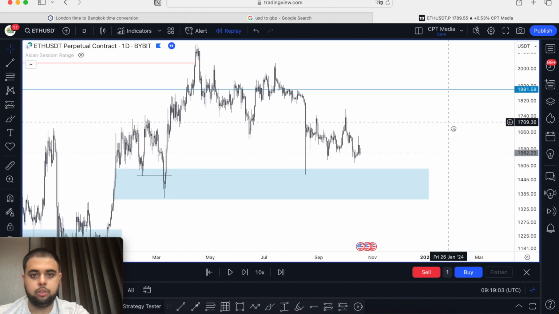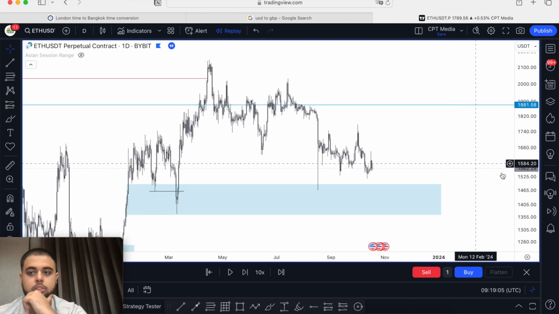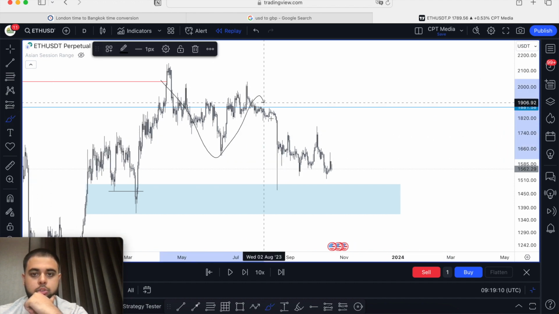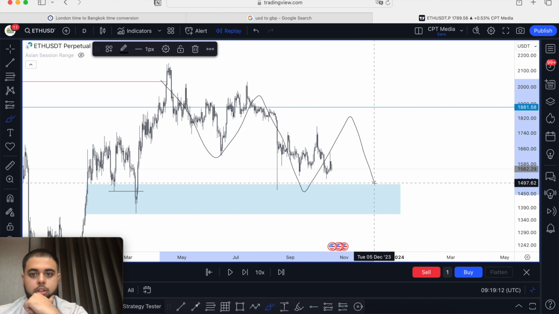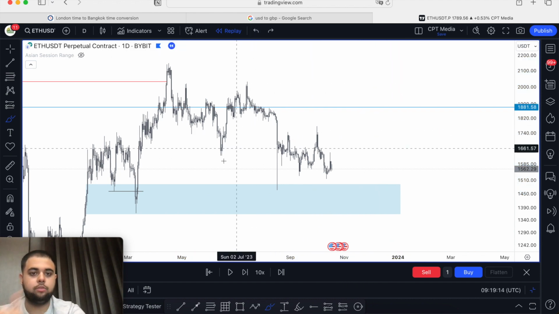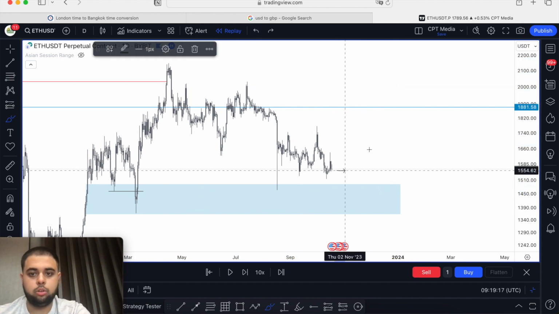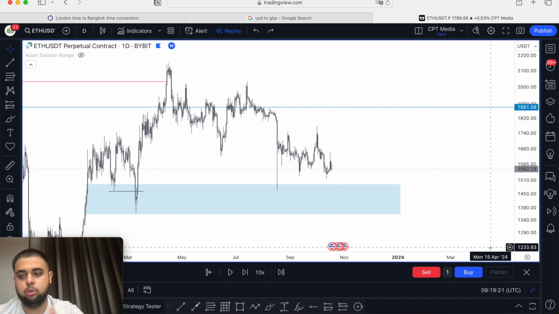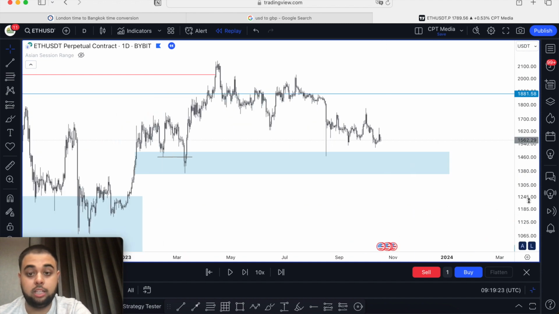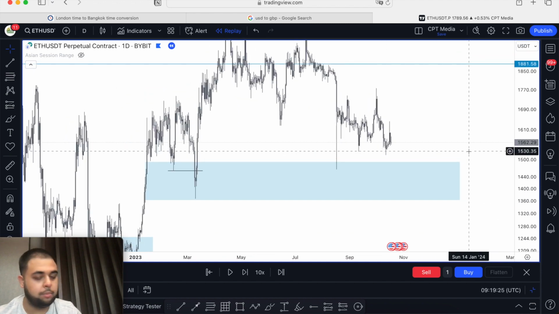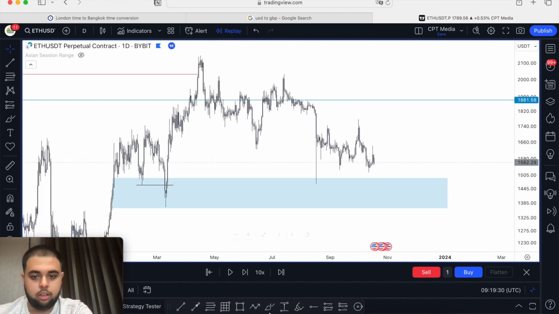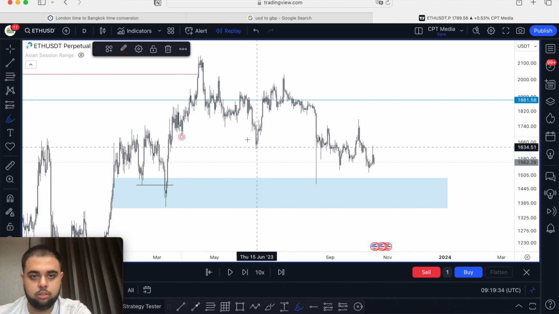Now what we want to be doing is looking for potential reversal signs on the lower time frame. So we understand that we're in a potential sort of corrective structure level. So price is likely going to give us a second impulse, but we need more confirmation for that bias to even be valid, right? Just because we're at a demand level does not mean we should just randomly be buying. Okay, so one thing you'll notice is we've seen one,